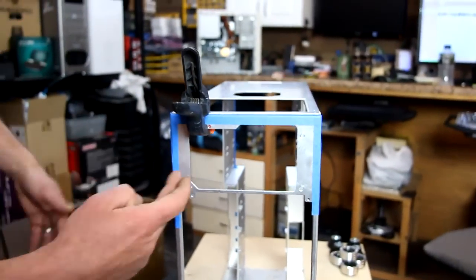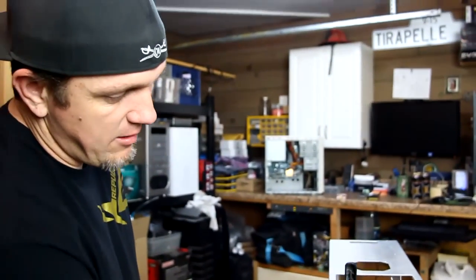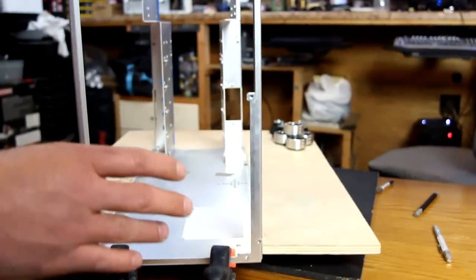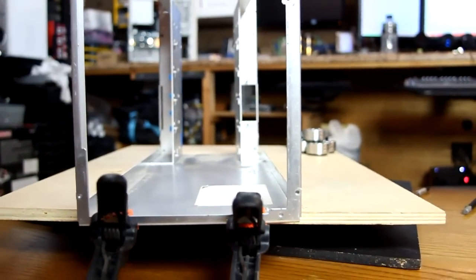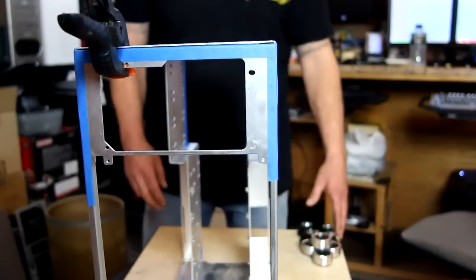So in doing that, I'm going to take the power supply and drop it down to the bottom, and I will keep this whole pattern, just move it down, because when I do that, I'll be able to cut a hole in the bottom and have a vent at the bottom. So that's the back. So for the front,